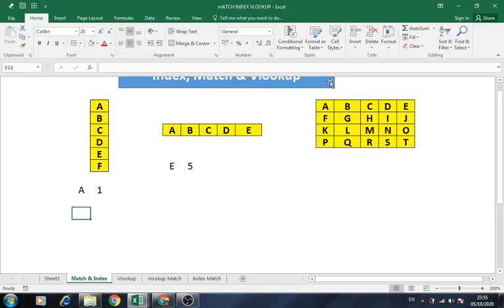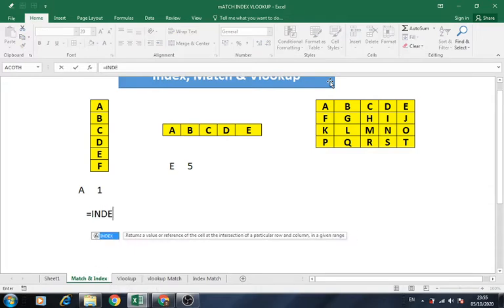Now if I have the position, I want to find out what is at position 4 in this list. So I'll try here. I want to find what is at position 2 in that particular list. We can use here the function index.